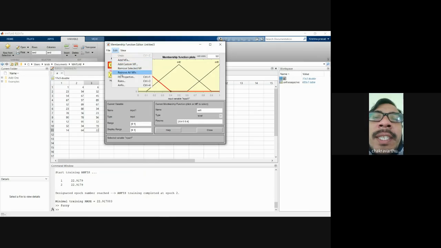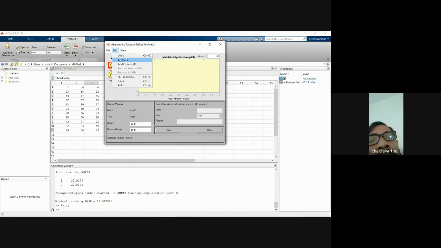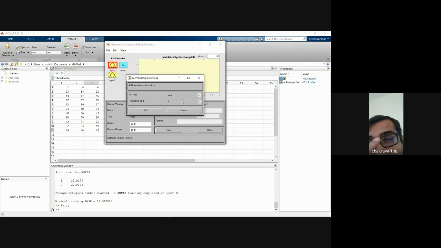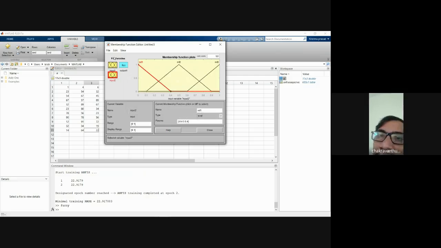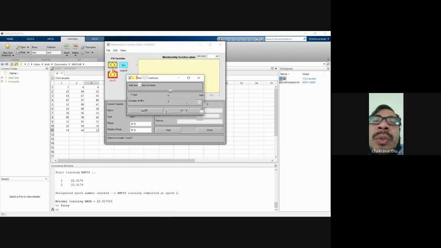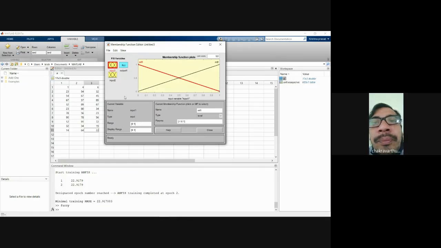First remove all the selected membership functions and then add two membership functions. I think you are in the second file. Just add two membership functions. Give the two values, enough, because we are running out of time.